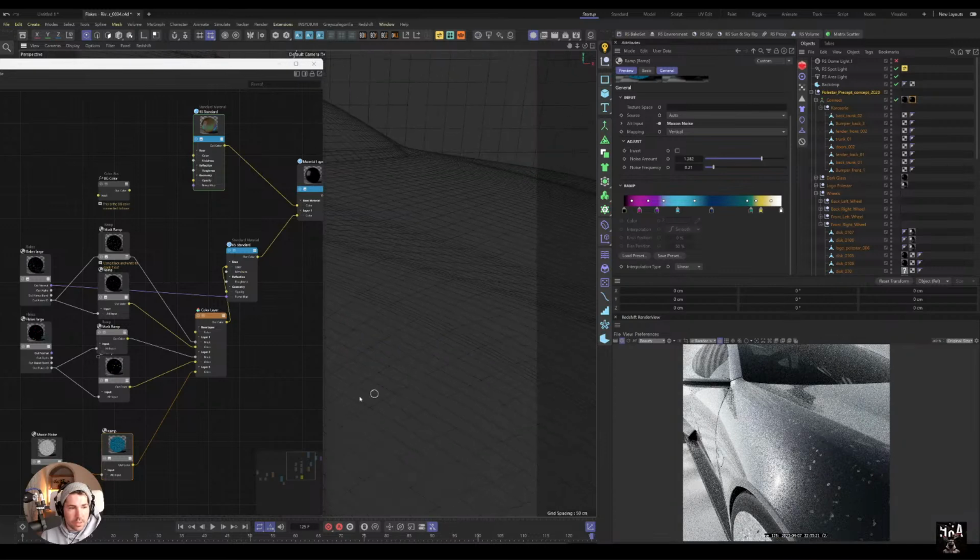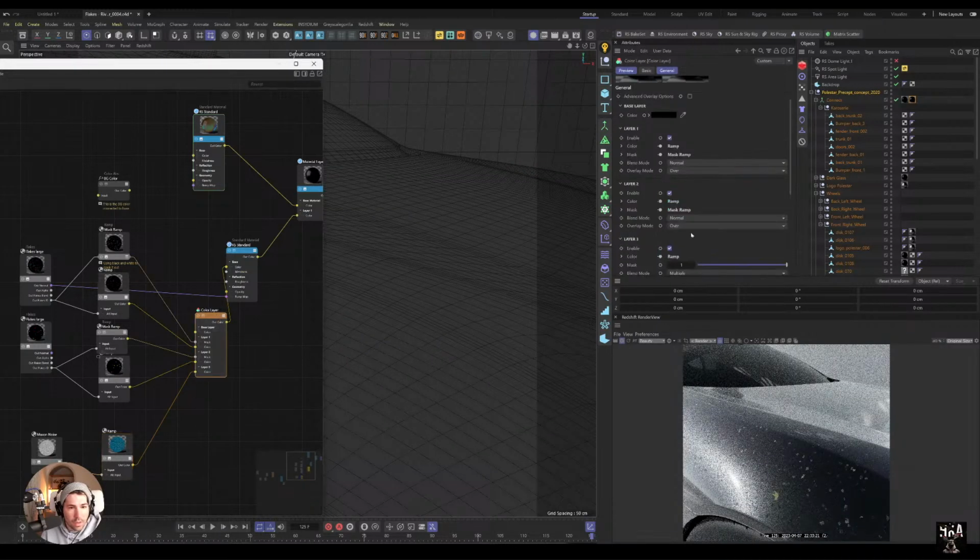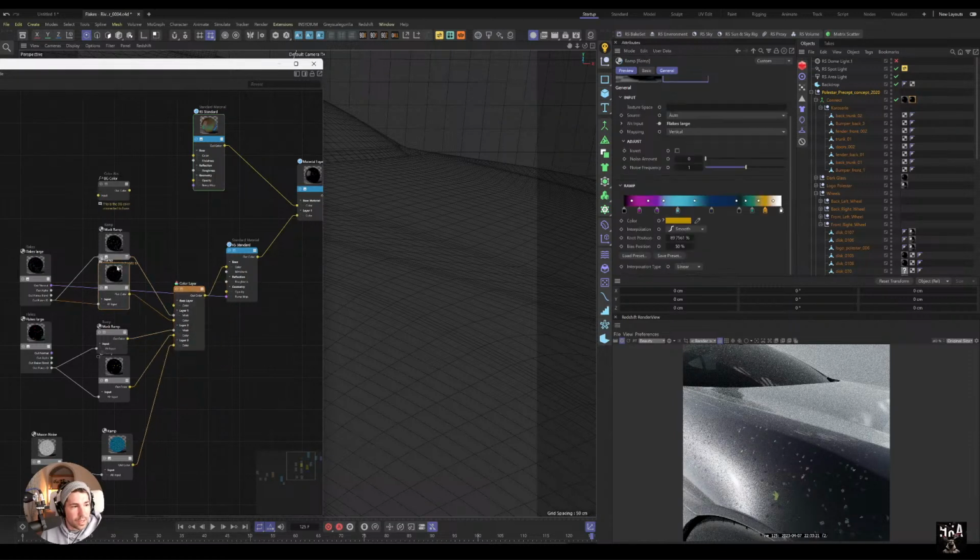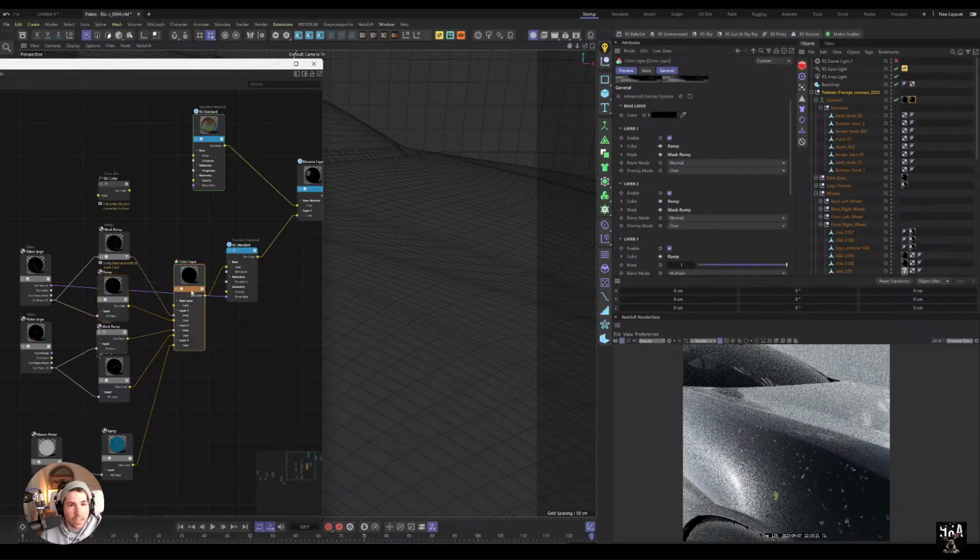But I feel like I lost that shader. I can't seem to come back to that look. But I think I now know what I need to do. If I look at the colors here, and then there's a mask ramp. It's a mask ramp. So color layer as a